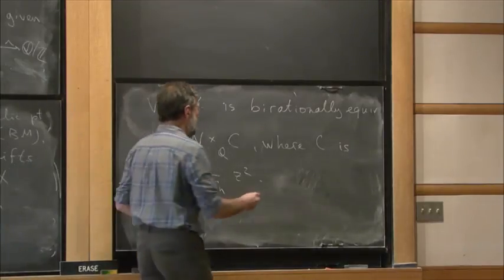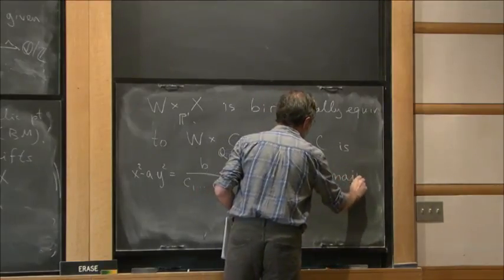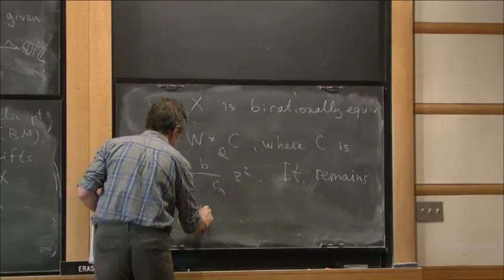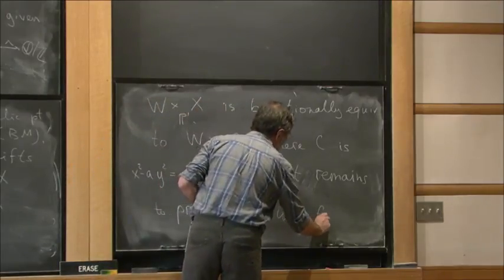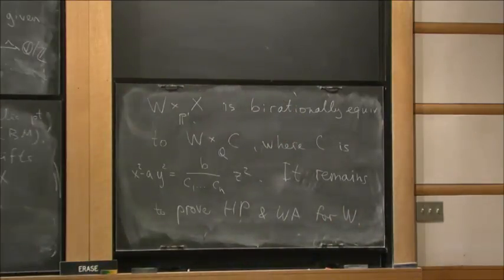So it remains to prove the Hasse principle and weak approximation for W. That's the descent part of the argument. Now I need to